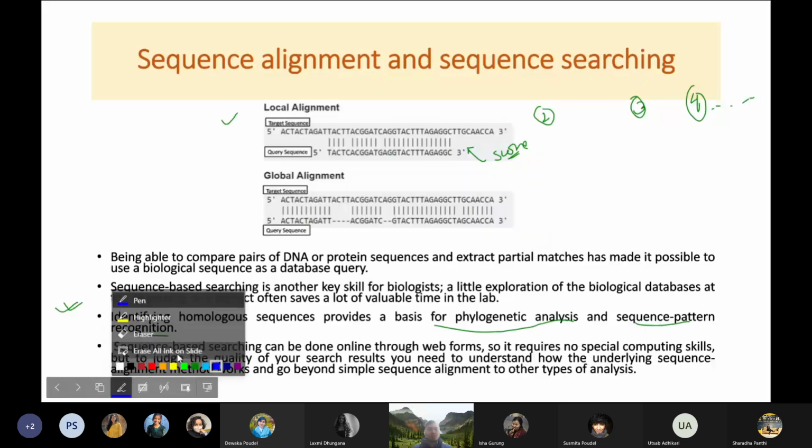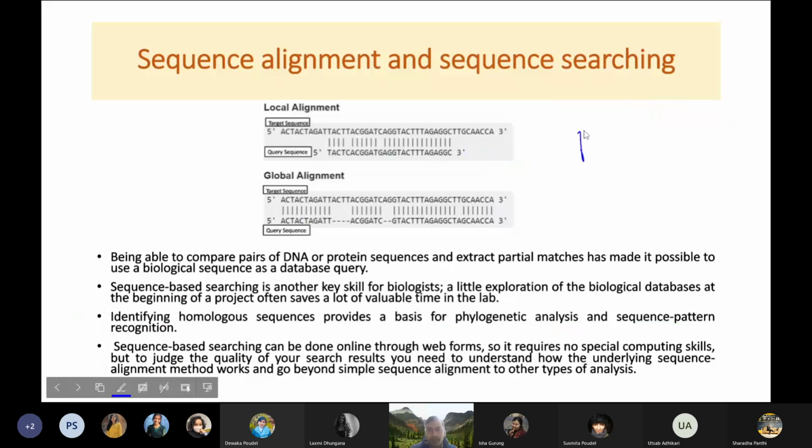Here we are just pairing two sequences at a time. So the query sequence may be many, and the target sequences can be millions, but what you are doing is comparing one at a time, right? This is a pairwise alignment. Every time you make one comparison, target sequence and query sequence. Global alignment is also a pairwise alignment, but in